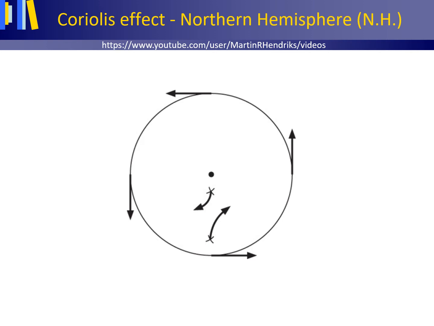Now replace the rotating disk with Earth's northern hemisphere and the rolling ball with a moving air parcel, and you can easily imagine that an Earth observer who studies the path of an air parcel in the northern hemisphere observes a similar effect, a curved deflection to the right. Actually, watching from a stationary position in space, an observer would not see the air parcel deflect, but rather would see the air parcel moving in a straight line with the Earth rotating out from under it.